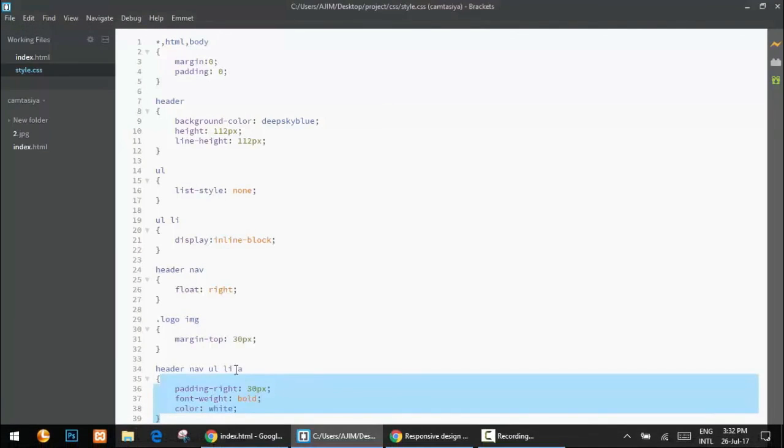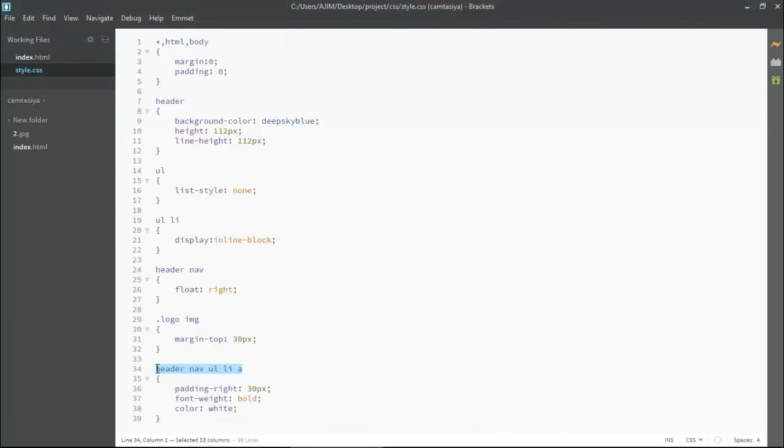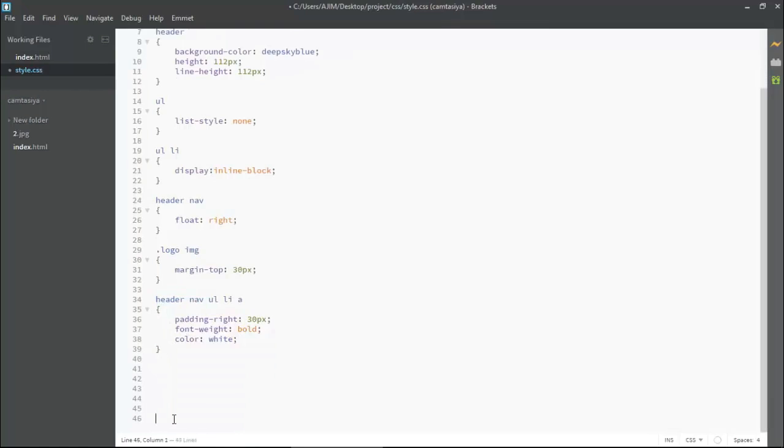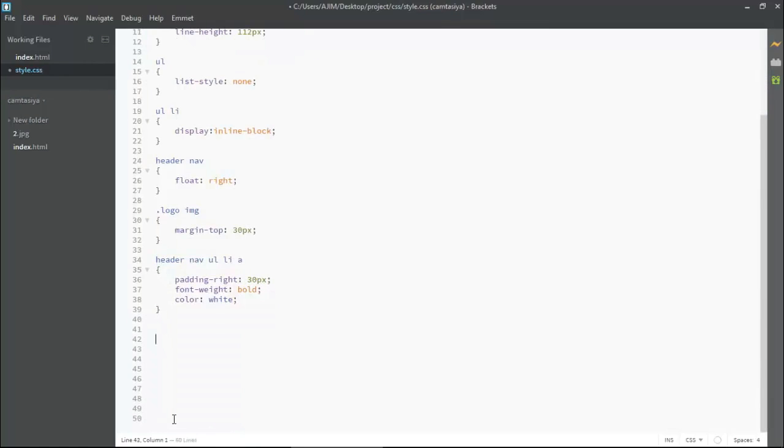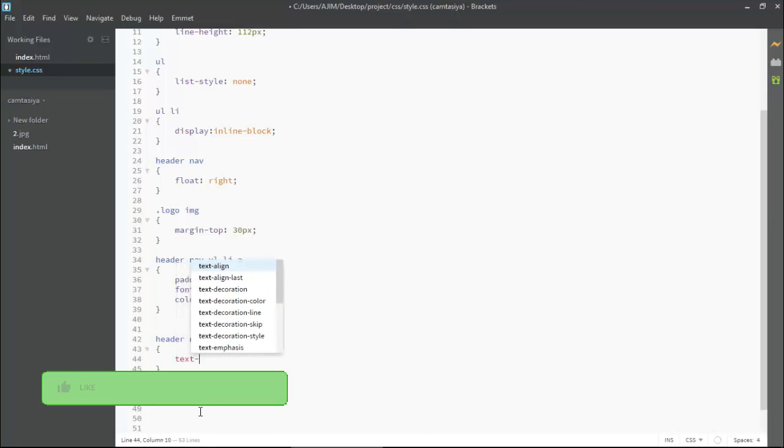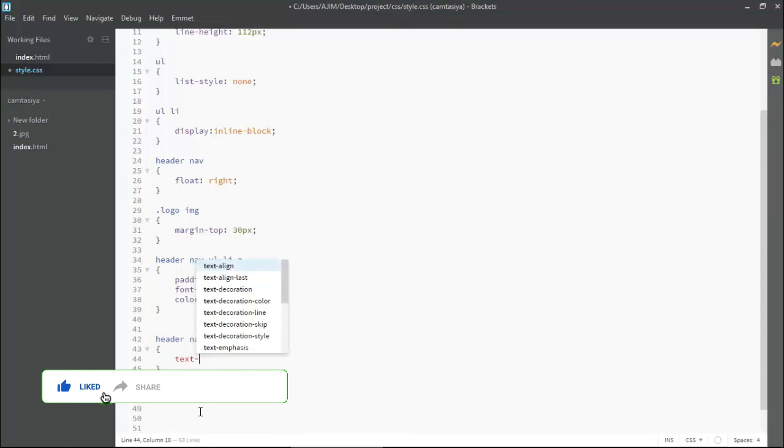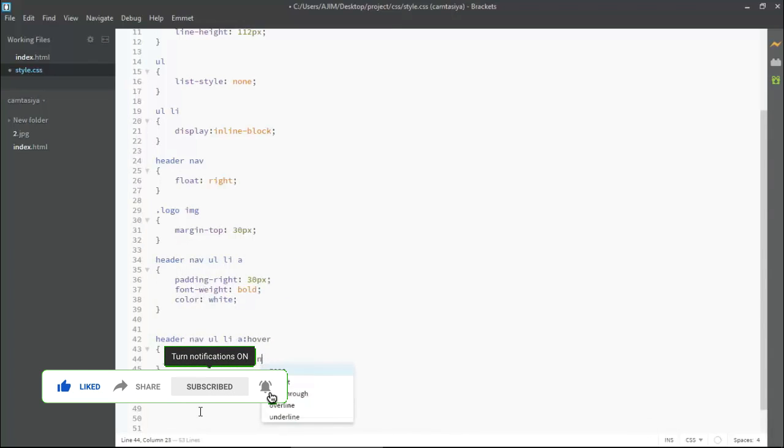Simply I am coming here and now I am putting a hover state, so I am copying it and coming just down here and pasting it, Control V. Okay, and here I am putting a hover. On the hover I'll be changing the color firstly. Now inside this I am putting firstly a text decoration. I want to remove the underline from the menu, so I am putting text decoration none.